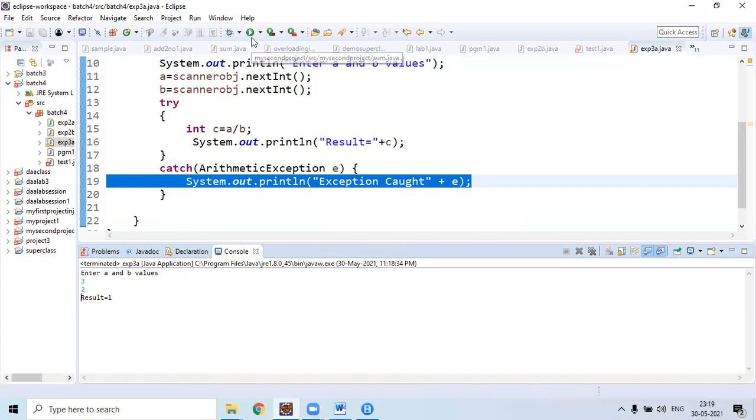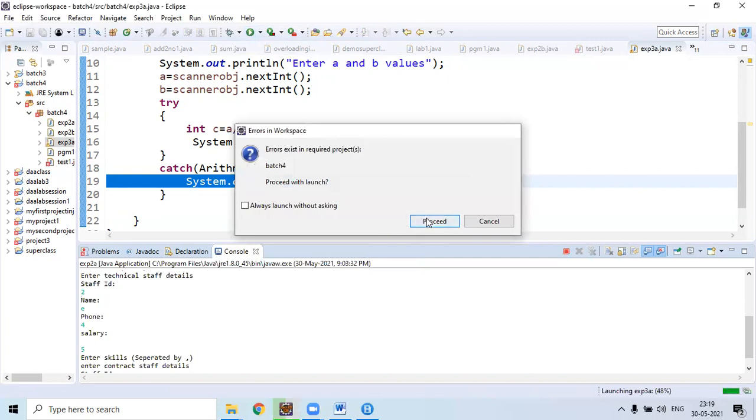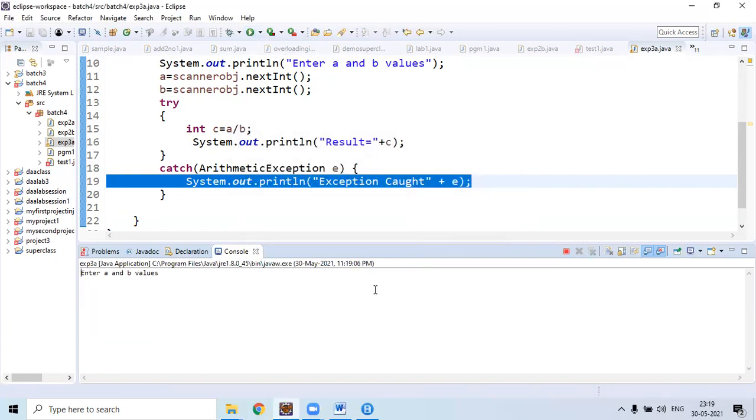Next, I will run once again. Proceed. And then here enter 4 for a, then 0 for b. Now this is the division error. So try will throw division error to catch.